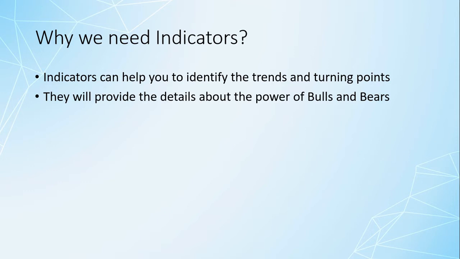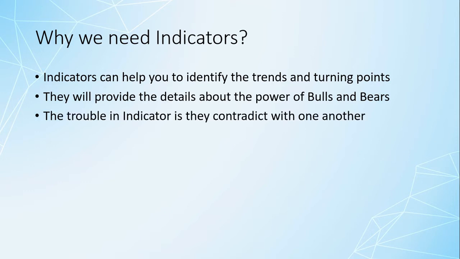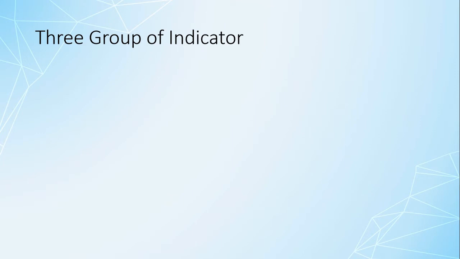But the trouble in using indicators is that they contradict one another. A few indicators will give us a bullish signal, a few will give us a neutral signal, and a few will give us bearish signals. There are different types of indicators, so we want to know when to use which indicator. There are three major groups of indicators available